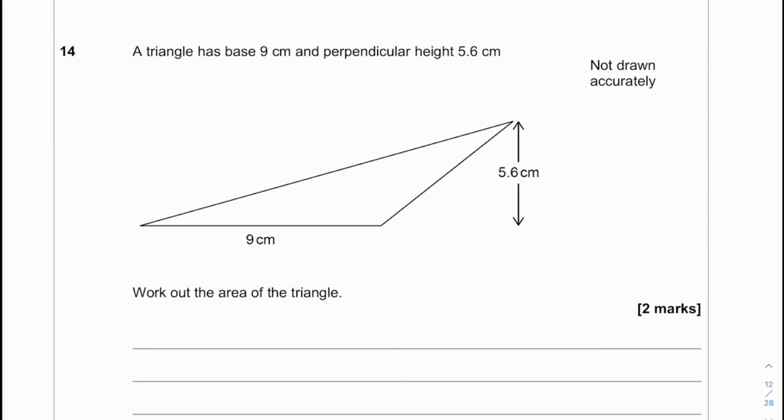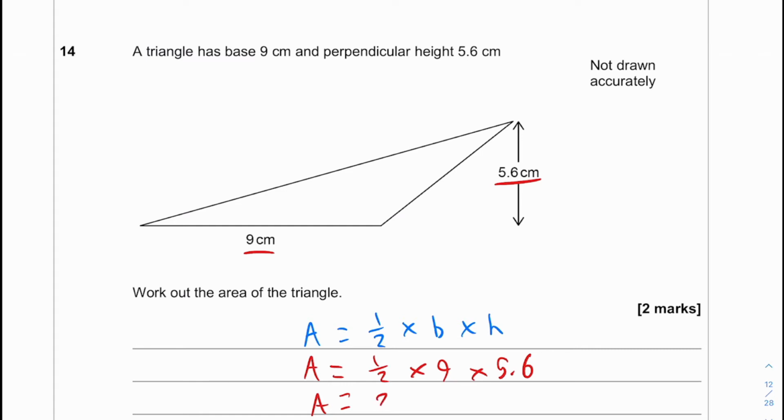Question 14, we are told that a triangle has got a base of 9 centimetres and a perpendicular height of 5.6 centimetres. Now we need to work out the area of the triangle. So the area of the triangle, we'll call it A, is equal to half multiplied by the base B multiplied by the height H. So we can then just sub in our values, where A, the area, is equal to a half multiplied by the base, which is 9 centimetres, multiplied by the height, which is 5.6 centimetres, and this comes out at, just use my calculator, so we've got a half multiplied by 9 multiplied by 5.6,